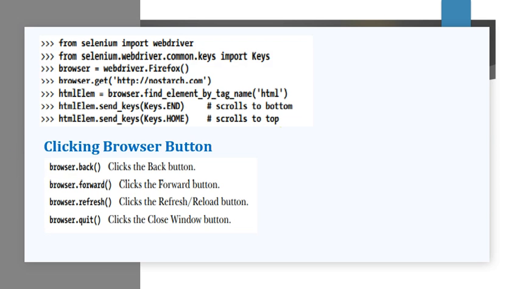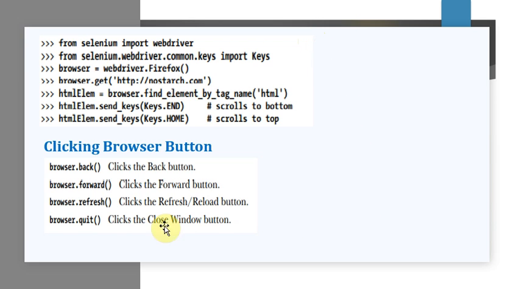So how we can do, the first point what you will tell about is this import Keys, and you have to give the example of end and home. So home in this case, if you're speaking about a text field, suppose you're entering some value in the text field, then home is like beginning, but here we are speaking about the entire page. Okay, so the entire page, which is that page nostarch.com, in that HTML tag we are finding. And when you give Keys.END, it is going to move towards the bottom of that page. Keys.HOME, it is going to move towards the top of the page.